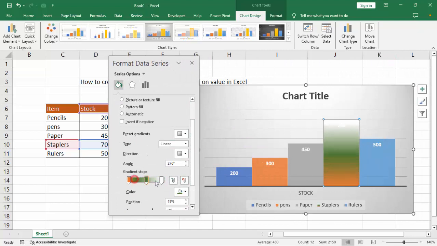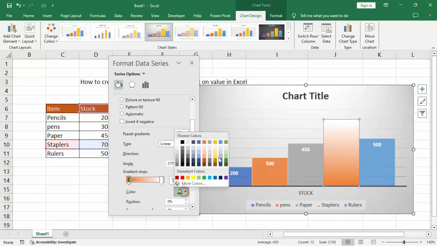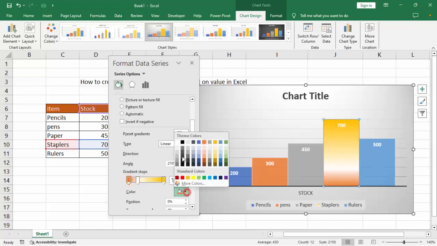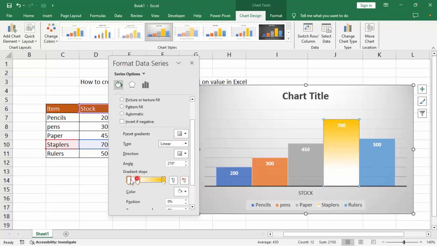select gradient color. This color is yellow and this white. Okay, white. Okay,